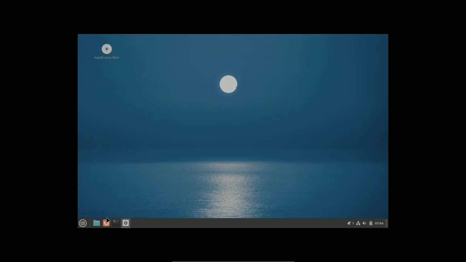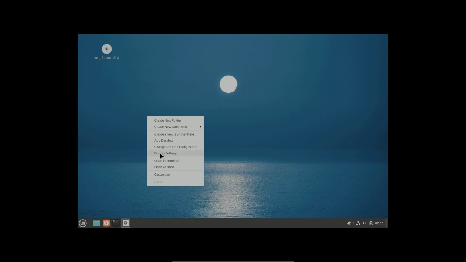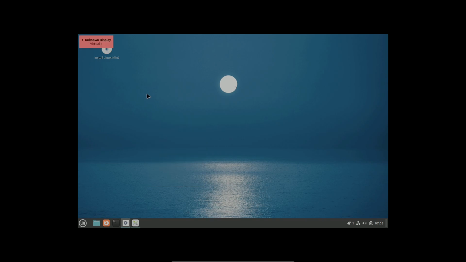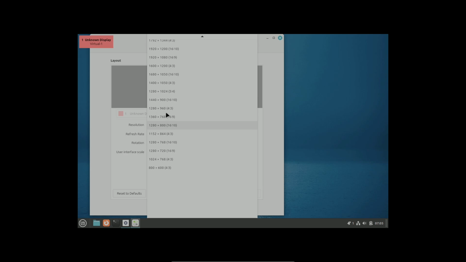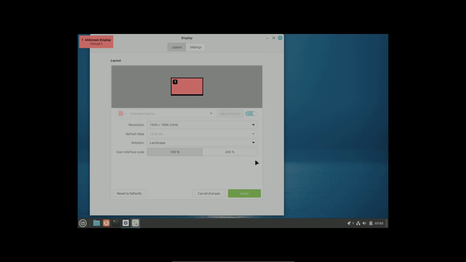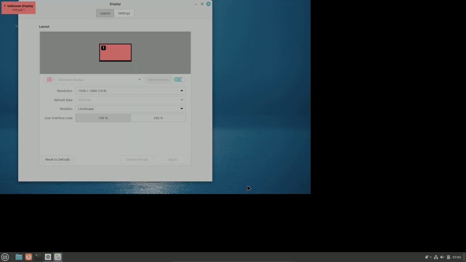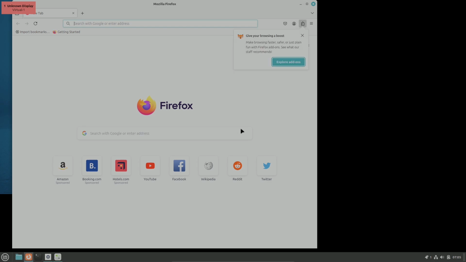So let me change to the information. Let's first change the display setting. Before it was Wayland. No, not Wayland, it was X11. Let me show you right now. Let me keep the new configuration. So let's open the browser. The browser usually takes like 15 to 20 seconds, but we have already opened it. So let me type in